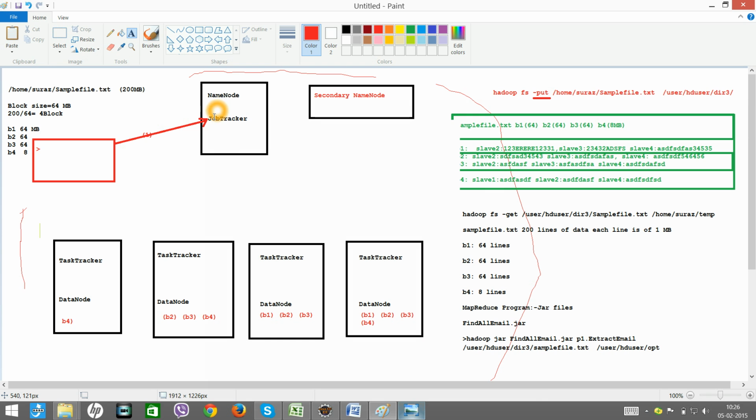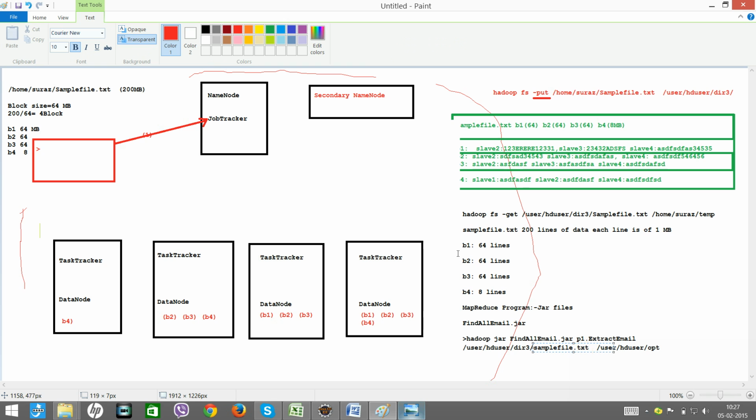After that, this job tracker will contact name node. And it will ask, tell me where have you stored sample file.txt. So the name node will say sample file.txt means B1, B2, B3, B4, and these are stored on all these slaves. Okay, so the job tracker will come to know where exactly on what nodes those files are stored.